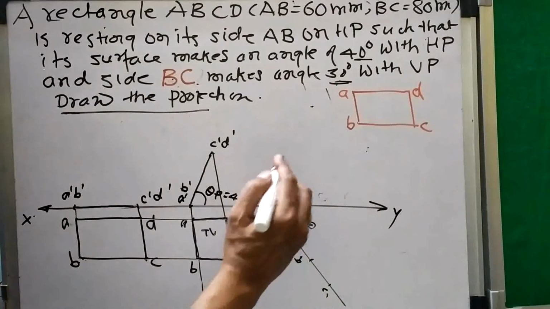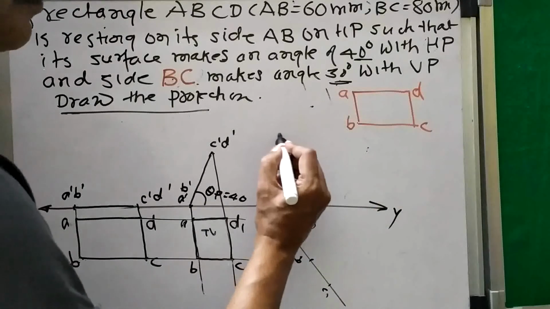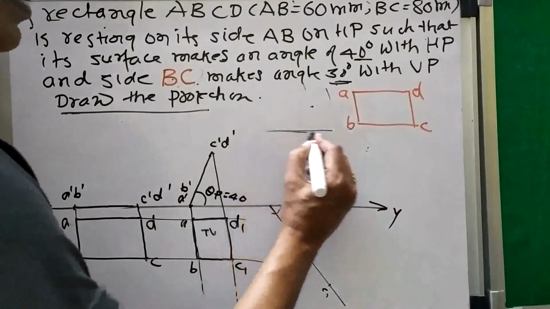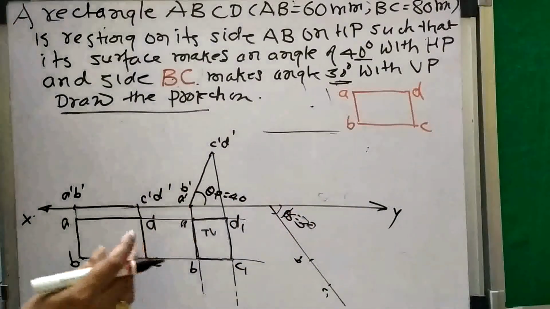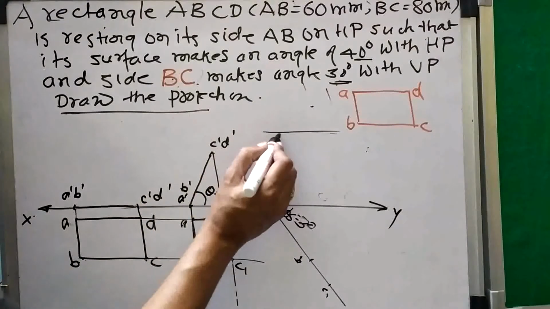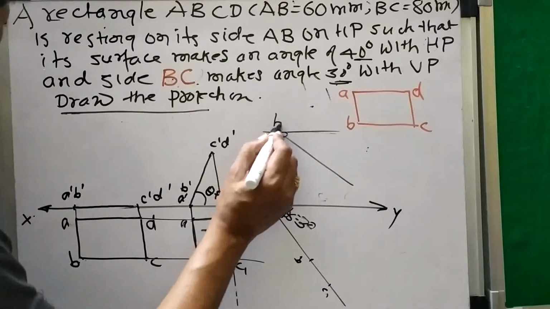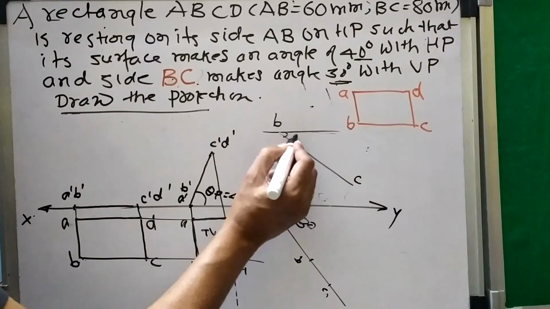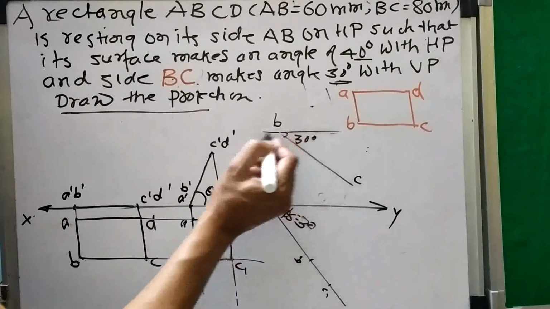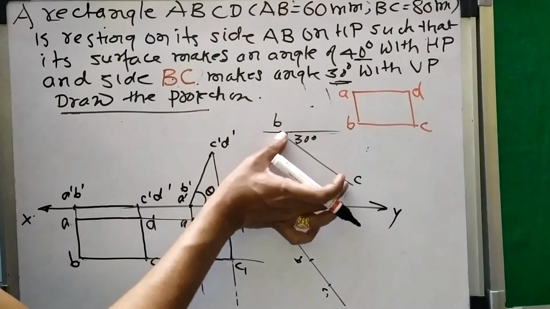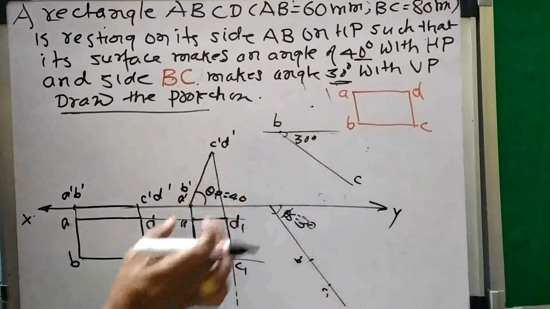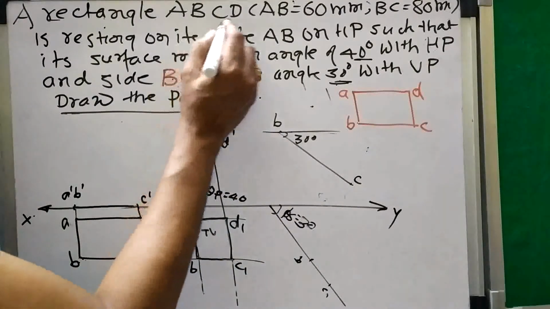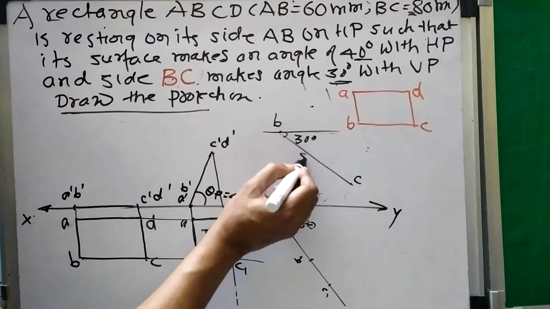So for that, what I will do, separately in the corner somewhere in the top side, I will do an external construction. I will draw one horizontal line to get the beta angle, and then I will take this BC here. What is this angle of BC? 30 degrees. So I will draw one horizontal line from B. I will take a 30 degree inclined line, and on that 30 degree line I will take this BC distance. What is this BC? 80 mm.